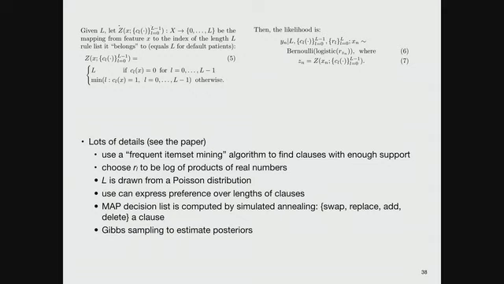There's also some Gibbs sampling, because once you have one of these models, simply calculating how accurate it is is not straightforward. There's not a closed form way of doing it, and so they're doing sampling in order to try to generate that. So it's a bunch of hair, and again, the paper describes it all.